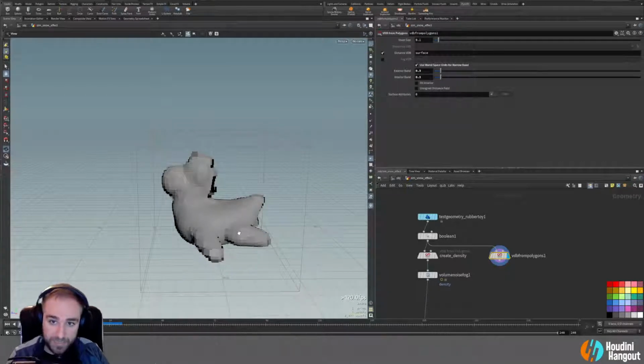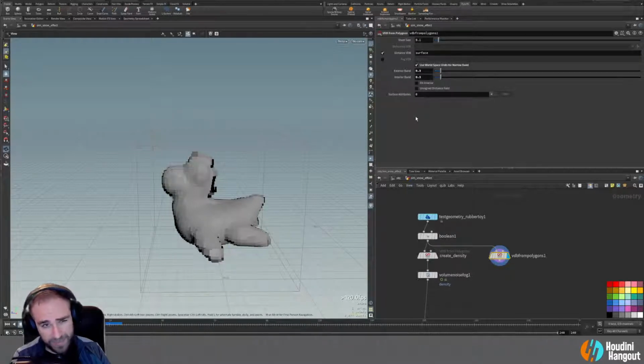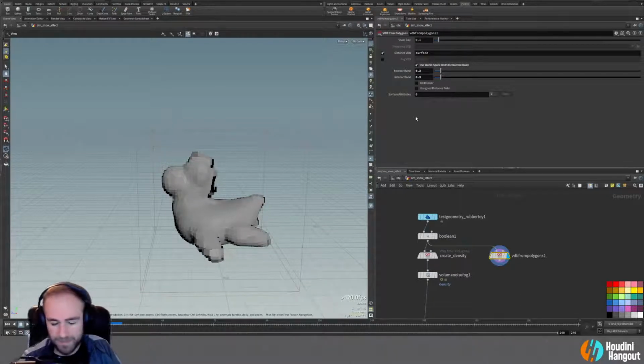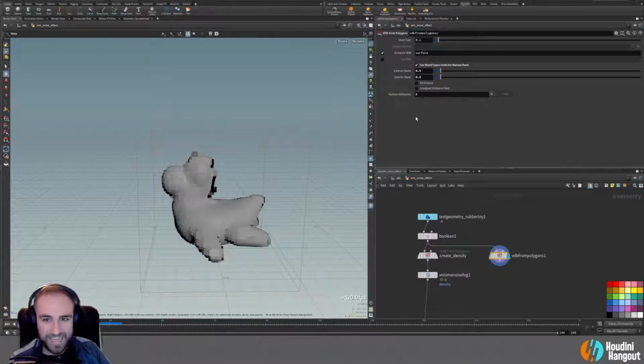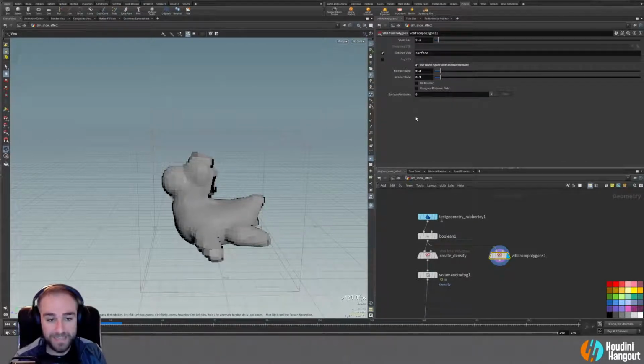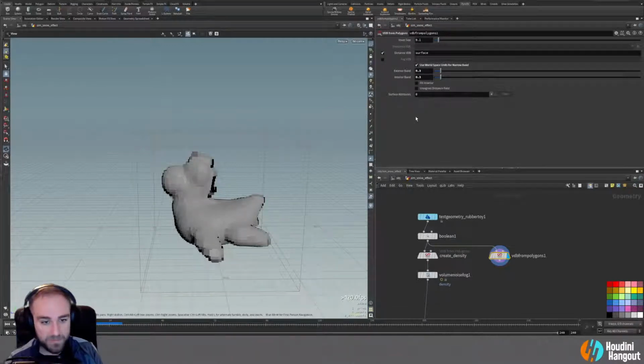And so you see here also there's an unsigned distance field. And the reason for that is because outside of it, I believe, is positive, and inside of it's negative, or vice versa. I could be wrong. You can always tell me if I'm wrong on that. I can't remember, but I'm pretty sure that's the case. And an unsigned distance field just, I believe, sets it both to positive, and doesn't use sign, and just tells you how far you are from that surface. So there's reasons I'm sure you would want to use an unsigned distance field in certain cases, but for me, I really just want to be using the values that are on the outside of the